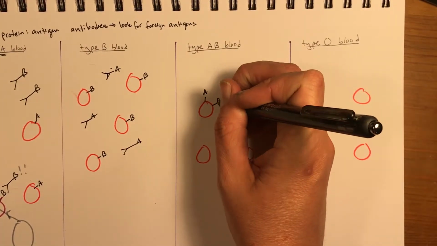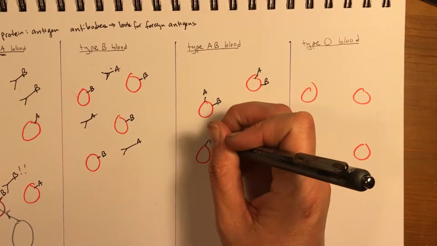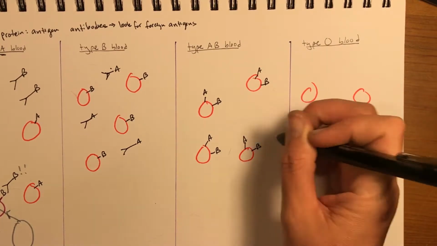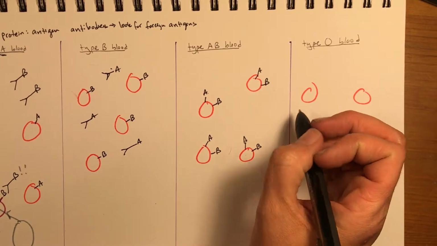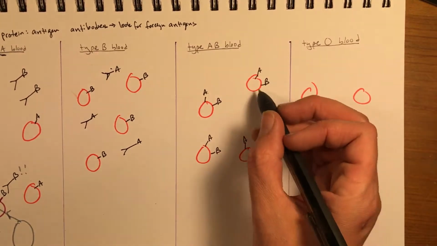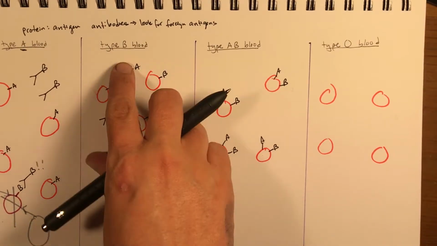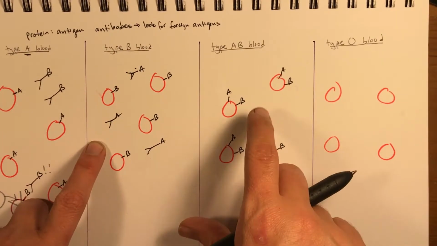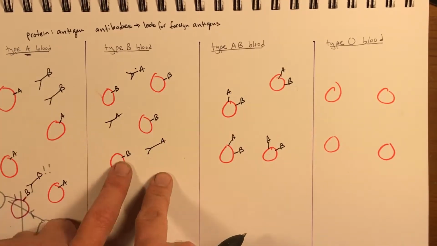They have an A, then they have a B. So every single one has an A and a B, which means you cannot have any antibodies, because if you had an A antibody, you would attack your own cells. If you had a B antibody, you would attack your own cells. Okay, so somebody with B blood cannot donate to someone with AB blood, because that person would then also be donating those. Well, actually, no, they could, because these antibodies are not involved.